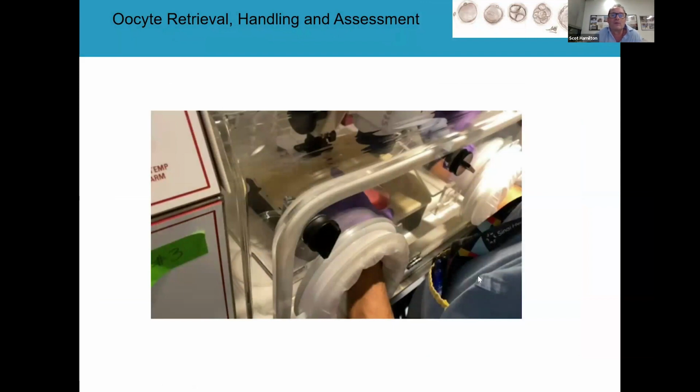You can do the egg retrieval and embryo transfer in something like a baby incubator. These are isolettes or IVF workstations. The only difference is that it actually pumps heated air into an incubator-like environment. And so you can work in a CO2 environment and you don't have to use the same buffered media to do it. So there's lots of options.